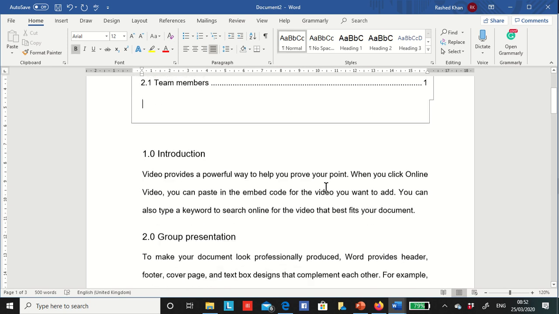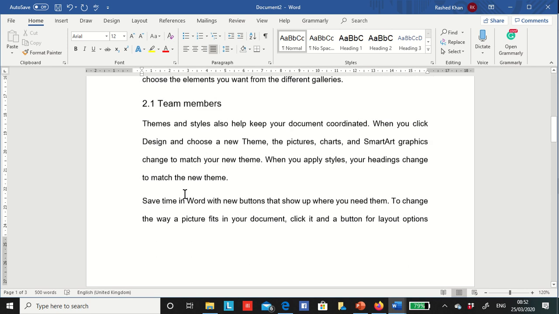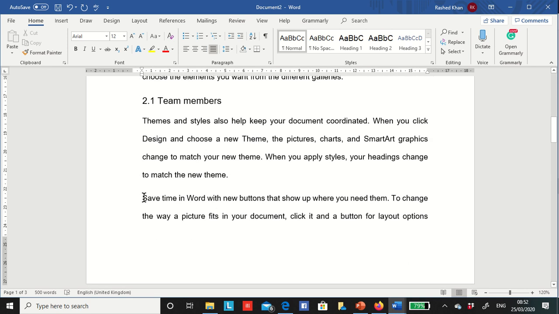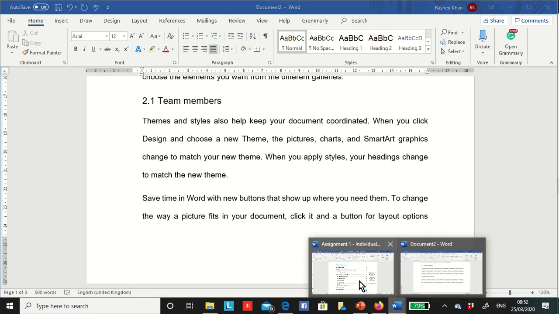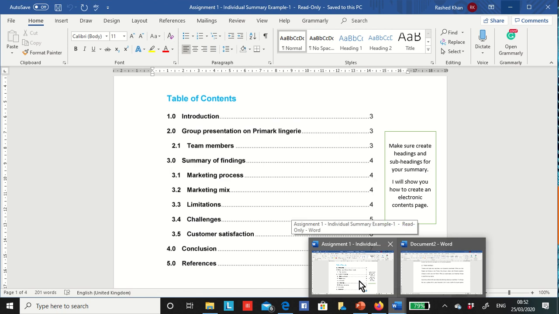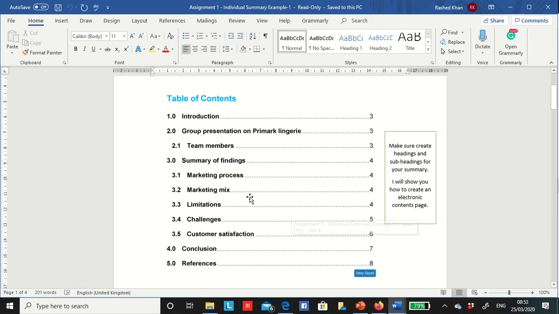Okay, if you want to add some more here, see this paragraph which will be named summary of findings.